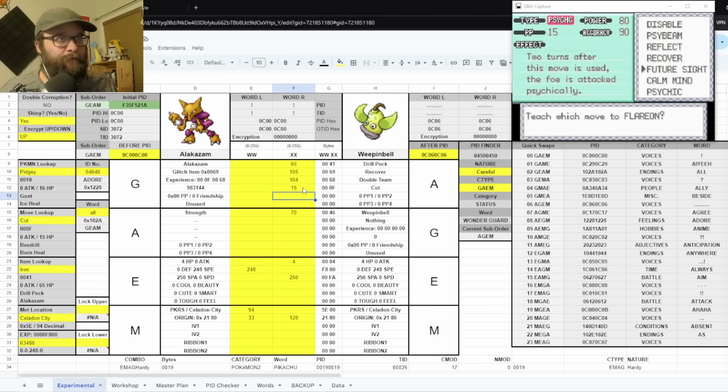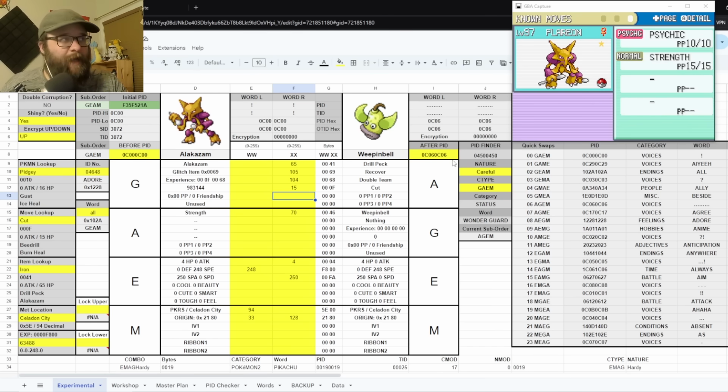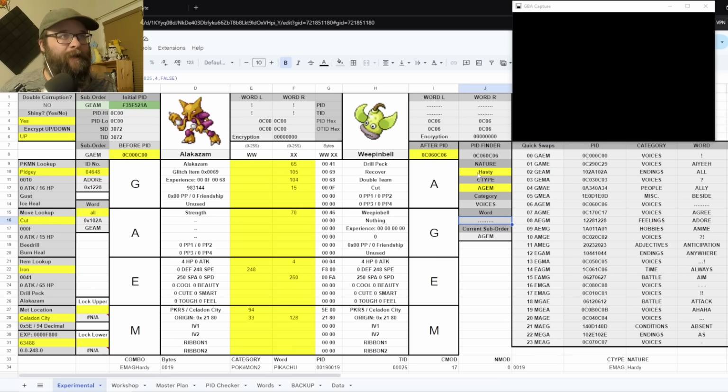So this one's getting Future Sight, and we'll throw that into the first move slot. And then we taught this one Psychic, and we'll put that in the first move slot. And conveniently, both Gengar and Tyranitar want to have a hasty nature. And then we're going over to the AGEM order, which just so happens to be voices... We don't even have to do anything crazy. It's already a hasty nature. Look at that. So there's voices...